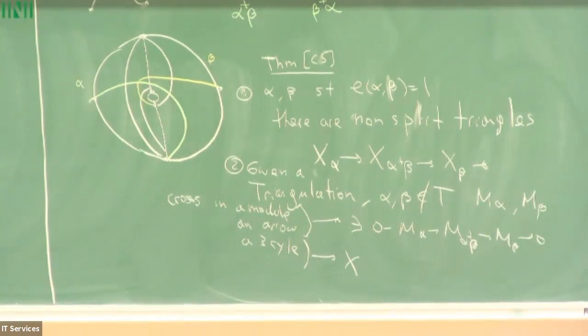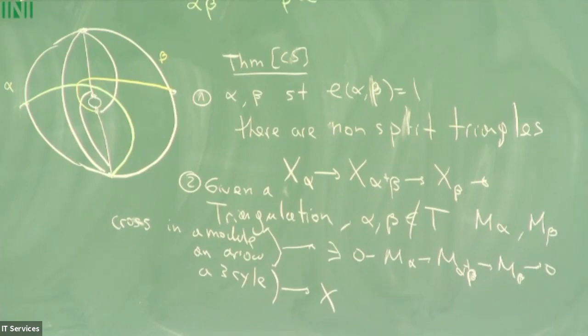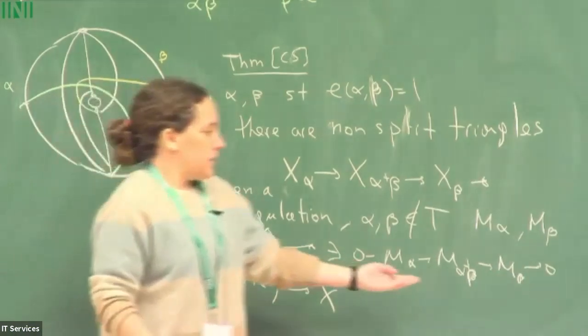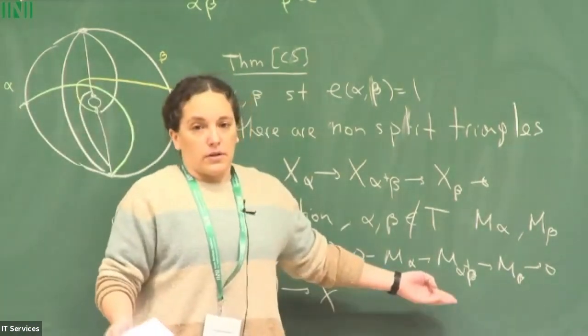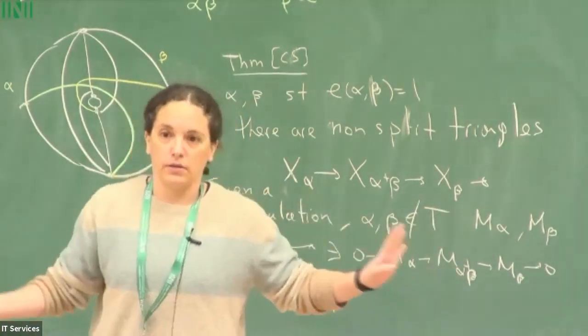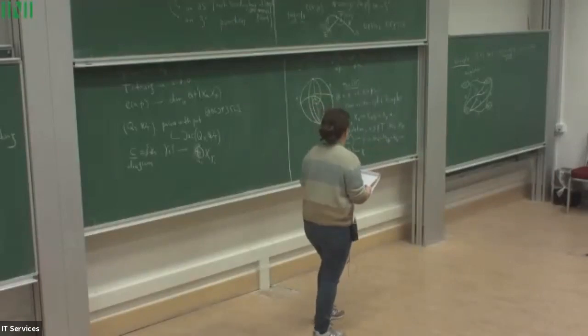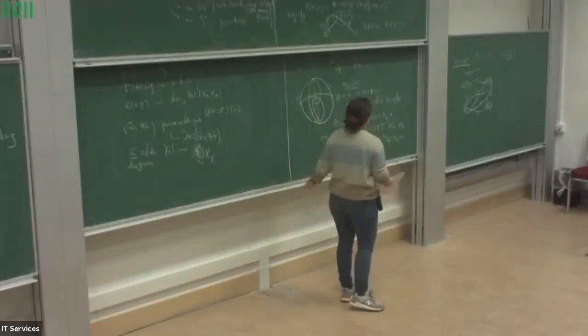And I could give you the definition of modules crossing in an arrow, in a cycle, and more. But I don't remember them, and I want you to not remember them either, because I don't want you to think of that. I want you to think that the extension will exist as long as the dimension of the K vector space is preserved. And that's the sentence you want to remember. Okay, I was going to give you an example here, but